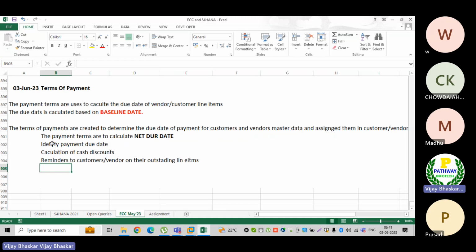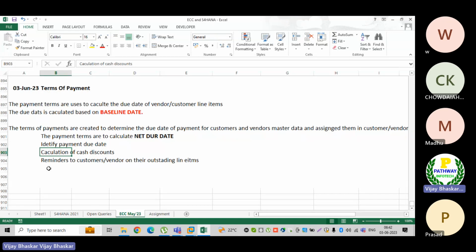The next one is to identify the payment due dates. Then to calculate the cash discounts. First we need to understand what the baseline date is.